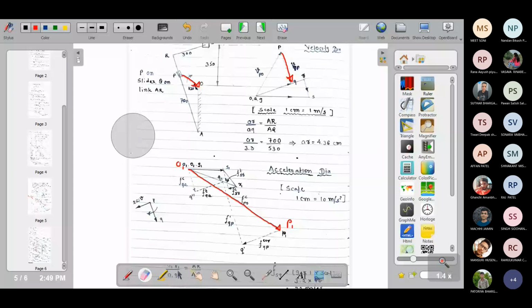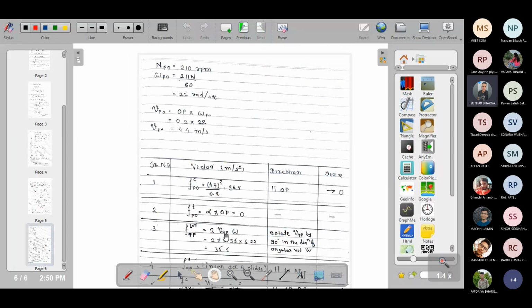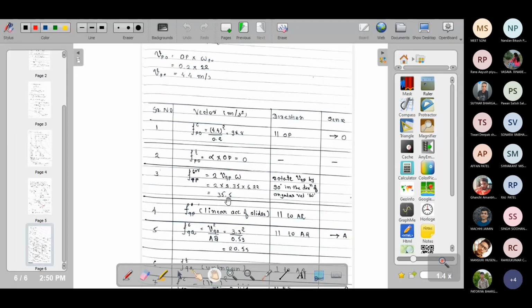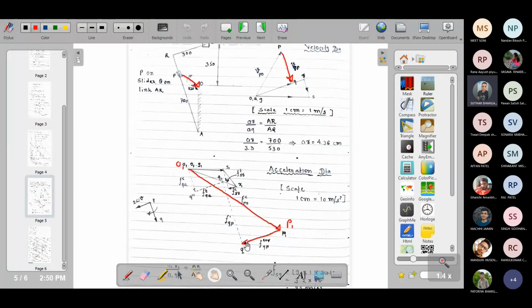This vector. So from here, I have drawn the vector in this direction. How much will its length be? Can anyone tell me? How will you find its length? Converting scales. Yes, 35.5 is its magnitude. You convert it into scale. So now you have its length also, 2.55 centimeter. So you have got Q dash. Q has not been found yet, I have written Q dash.